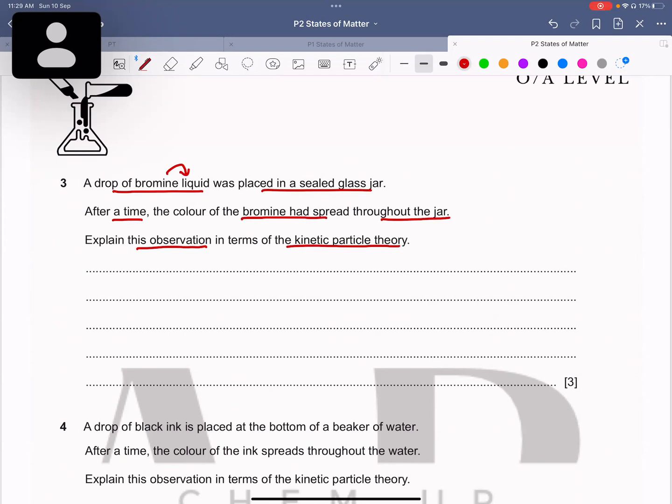Diffusion. Yes, but before diffusion, first it's in a liquid state. Then first, what will happen? It will spread out, gas. Yeah, very good, Sohan. So it means that first evaporation will occur, then diffusion will occur. Okay, and it's of 3 marks, so we have to write 3 points. So first we will write that liquid bromine